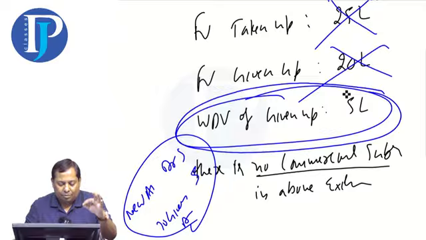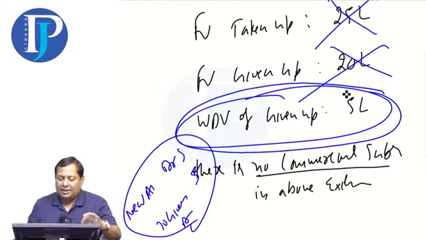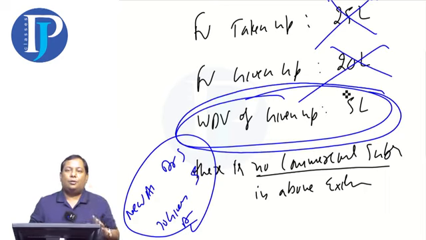This is a case study. This case study could come in the paper. This should be in your knowledge. That is why we are doing situation 2. I know that more than half the students will make a mistake in this. Even though it is very easy, still mistakes will be there.